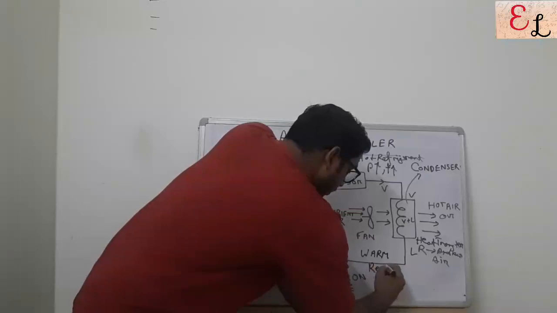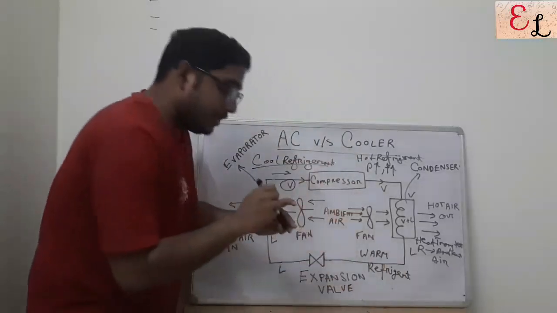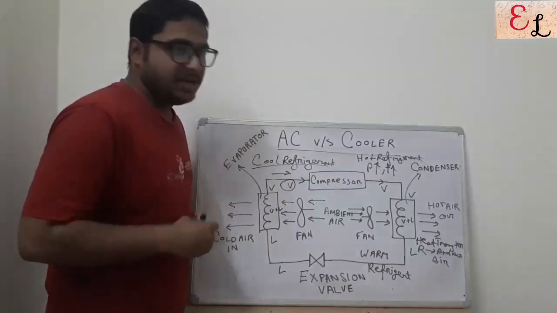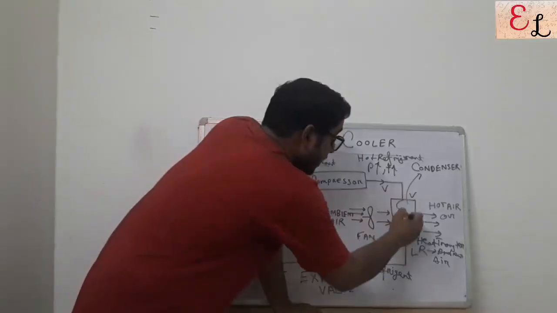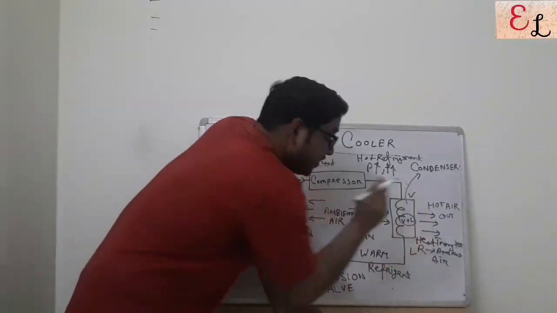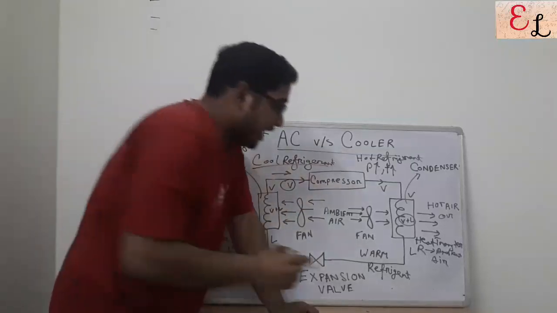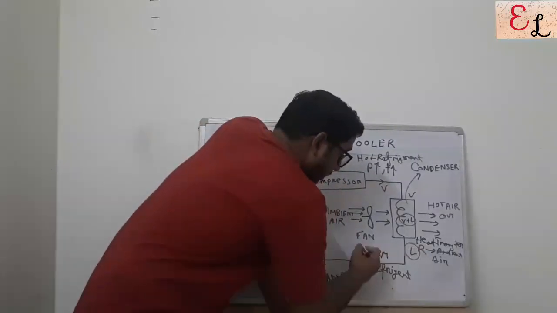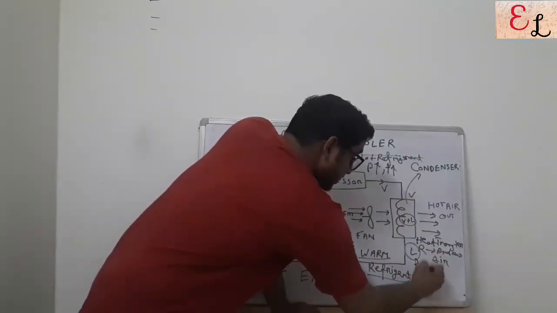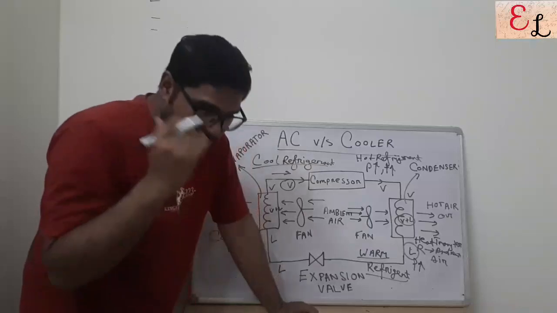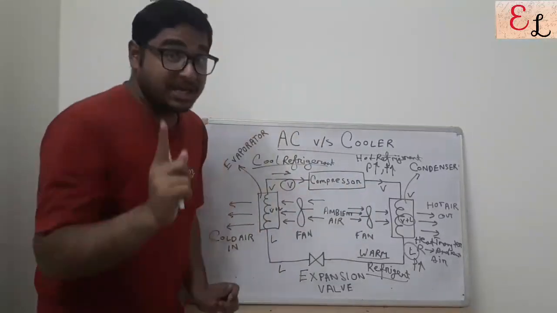Now we know that during the process of condensation, as the name suggests, it's a condenser, not just a heat exchanging device. It's a heat exchanging device, but it is named condenser because midway in the process there exists a vapor-liquid equilibrium, and the vapor slowly loses its latent heat and transforms completely into liquid. So this is warm refrigerant in the liquid state. The pressure though is still high because the pressure has not been decreased. It might suffer a little pressure drop, but the pressure is relatively still high.